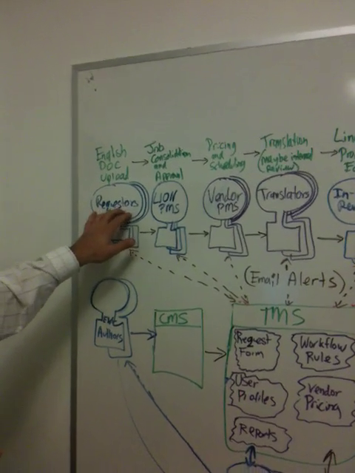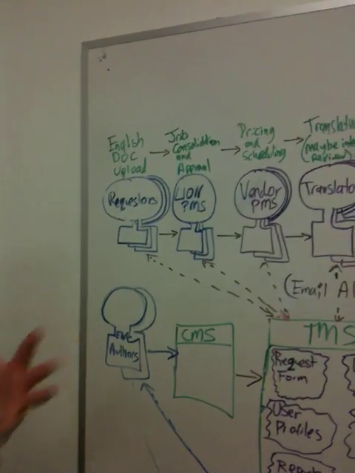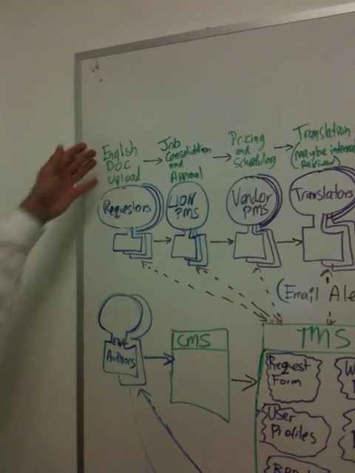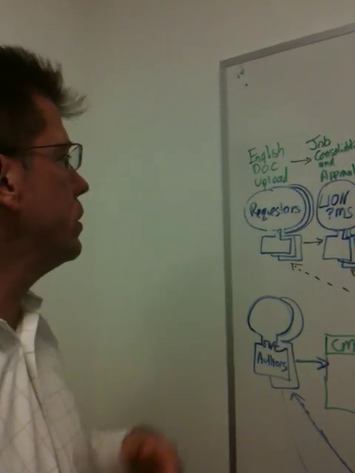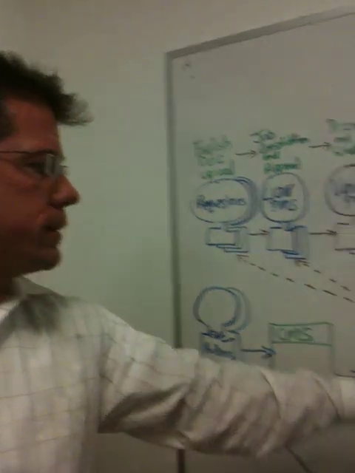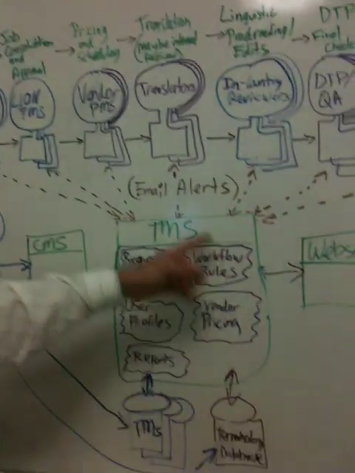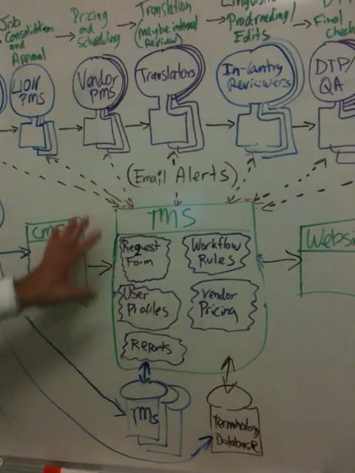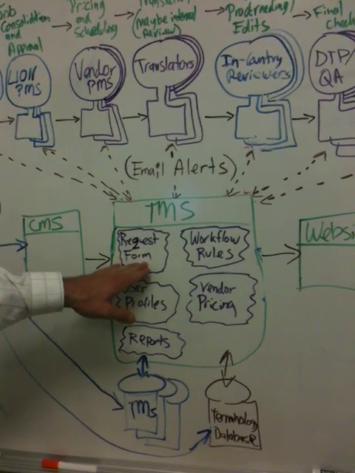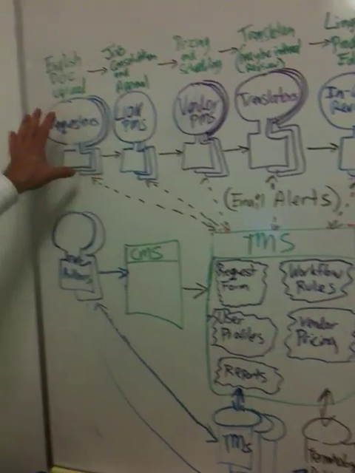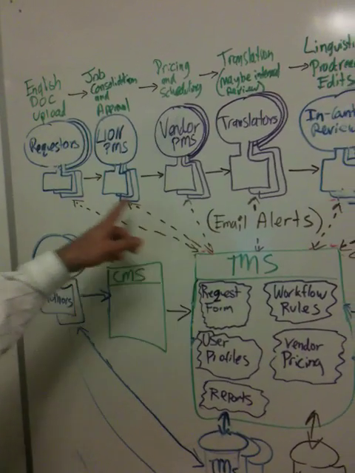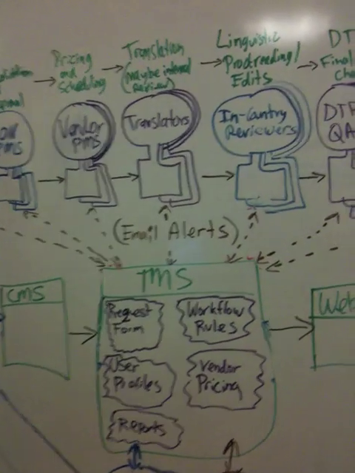We have translation requestors. These are people that are asking for translation. They typically will upload an English document to a system, and the system itself is called TMS, or Translation Management System, and this has several different components to it, and one of them is a request form. And when they upload this, there's an email message that goes to the next person in the process, which are